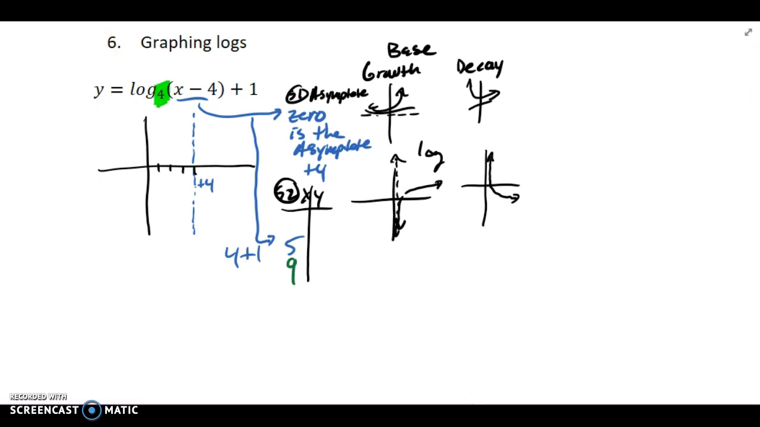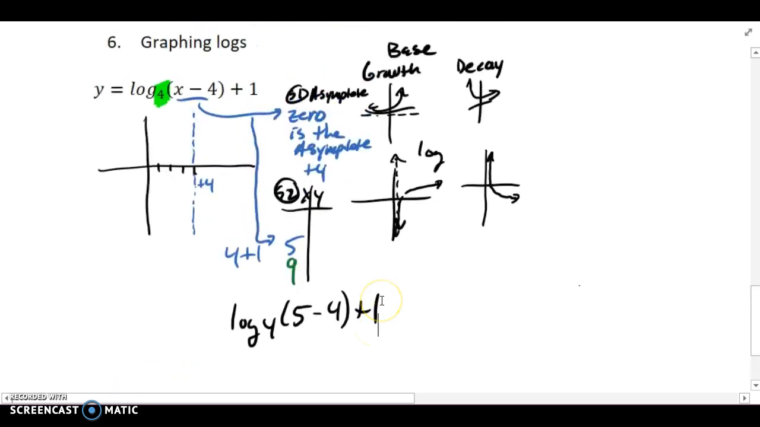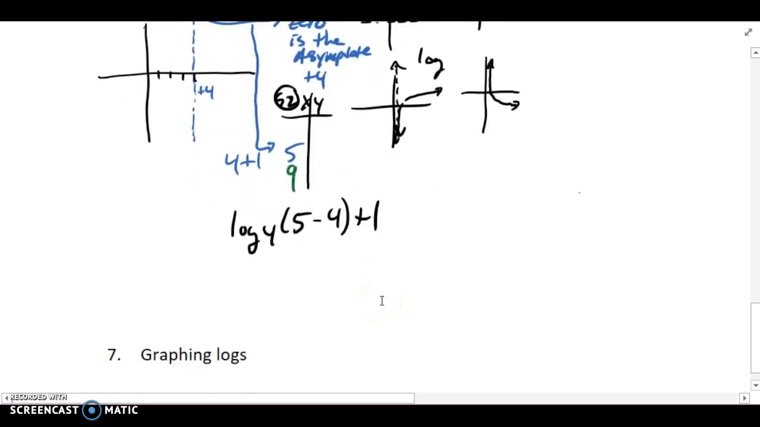And my pen's out of ink or something here. Let me get a new pen just a second. So I'm going to put these numbers in. I'm going to get numbers out, and I can do that in the calculator with my change of base. So we have log base 4 of 5 minus 4 plus 1. And then we can put that in the calculator. I would simplify this down. So 5 minus 4 is 1. And then I'd put in the calculator